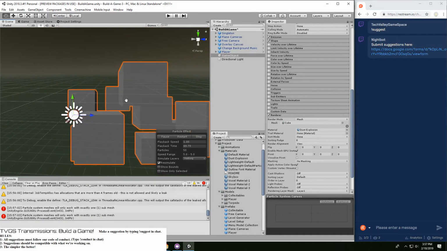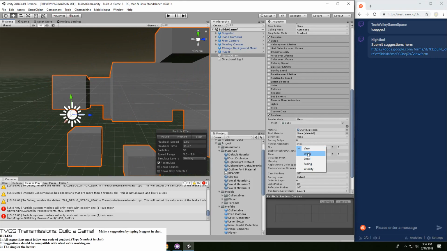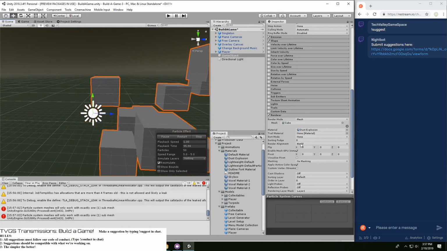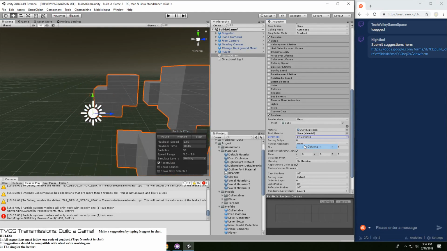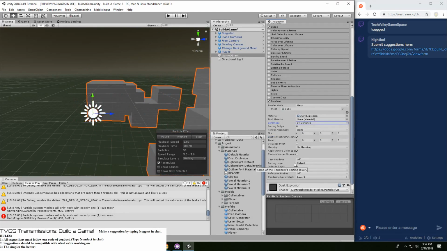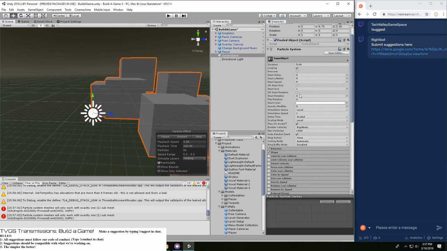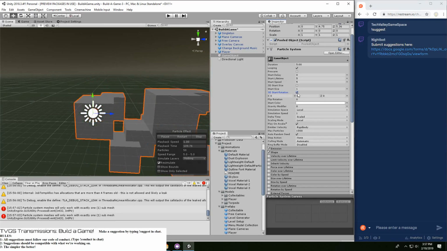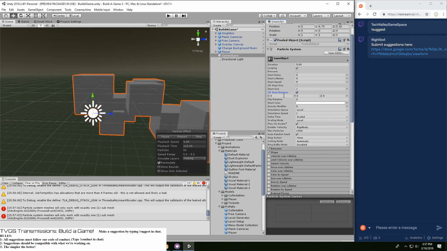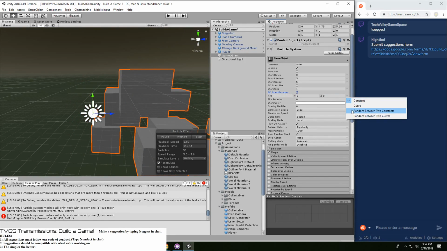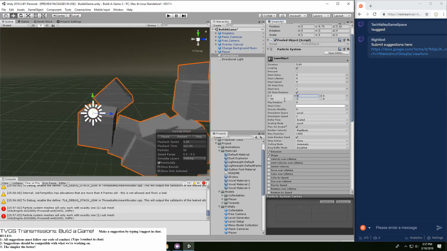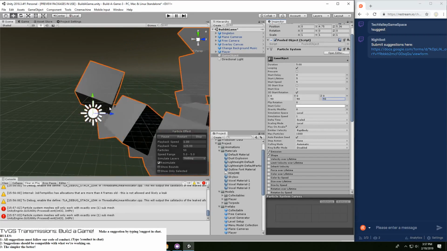And then right now it's having the render alignment be towards the view. I would rather have it be in the world, and rather than in that direction, sort by distance. I kind of would like to see this all in random rotation. Start rotation, yeah, all three random rotations. Random between two constants, 90, 90, whoops, 90, 90. There we go. That's much more like it.